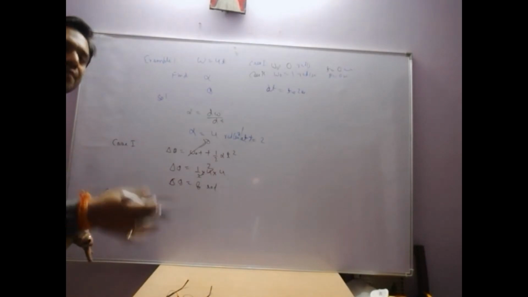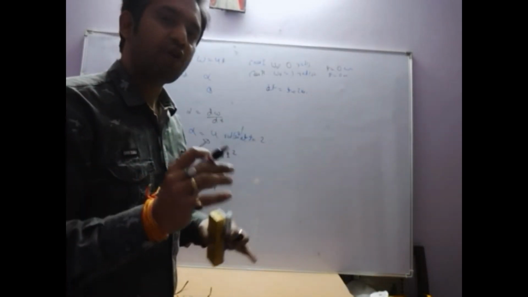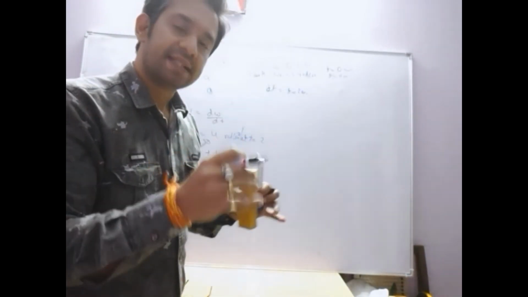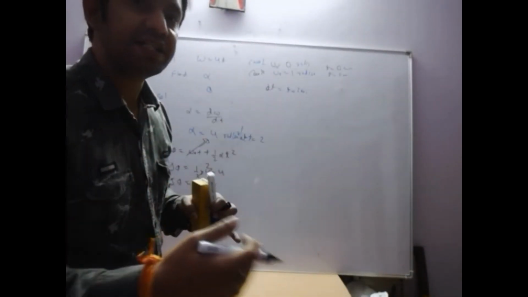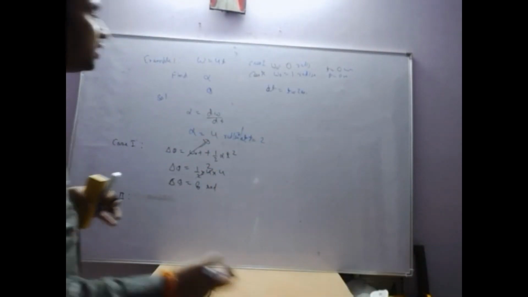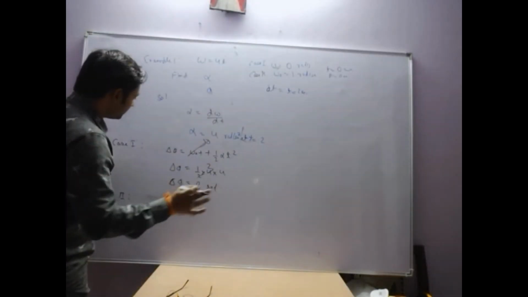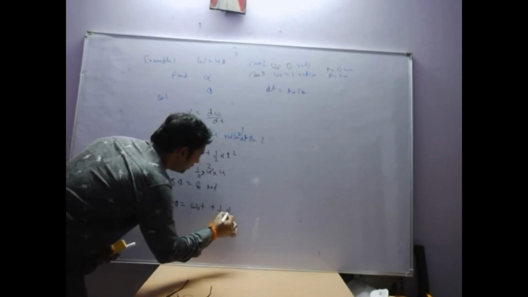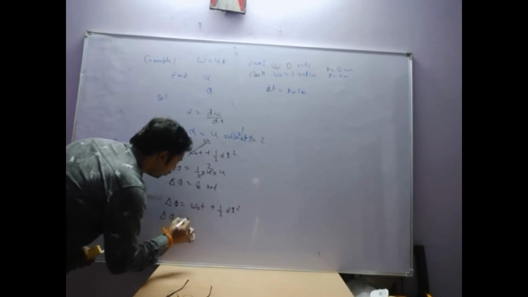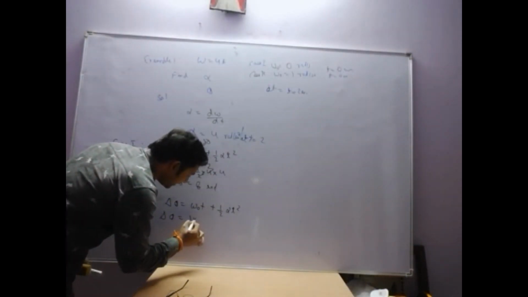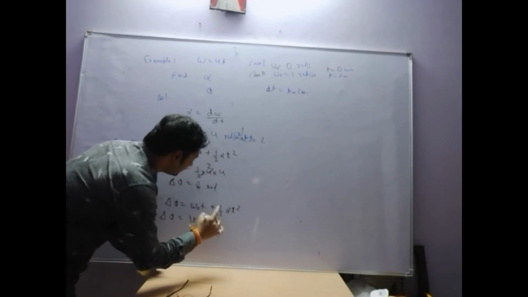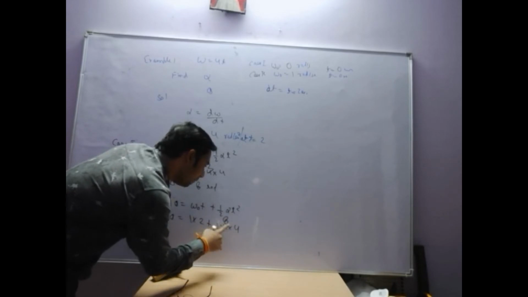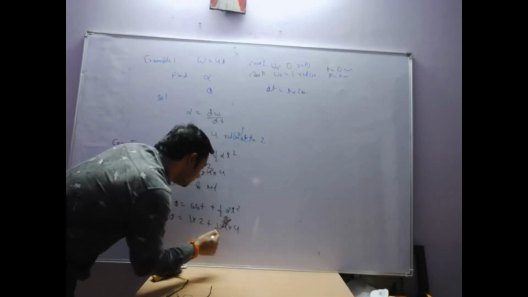If the body is moving with some constant angular velocity before applying the acceleration, then after application of certain constant acceleration, what is the final angular velocity of the body or particle, whatever it may be. del theta is equal to omega naught t plus half alpha t square. Omega naught is equal to 1. So 1 into 2 plus half into 4 into 4, 2 into 4. This will come about 8 plus 2.